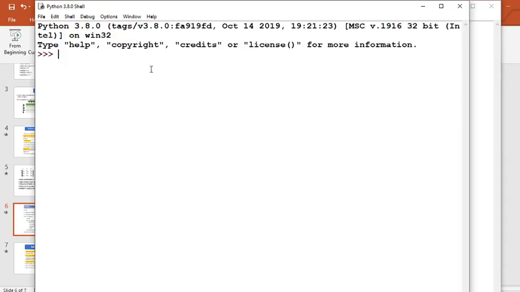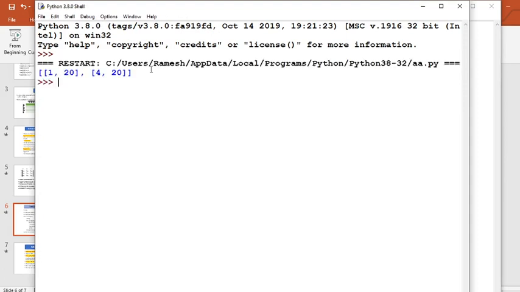So student, this was the basic introduction to the 2D list. In our next session we will learn how to insert a 2D list manually by user input. Then we will learn how to do matrix addition and matrix multiplication.